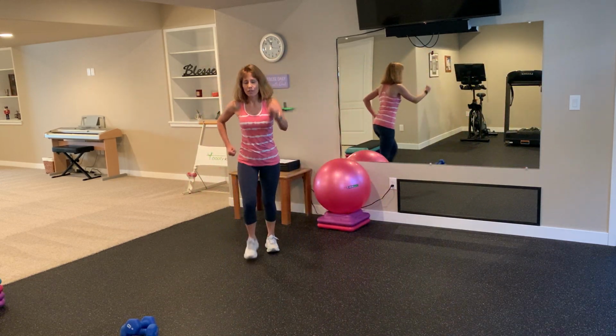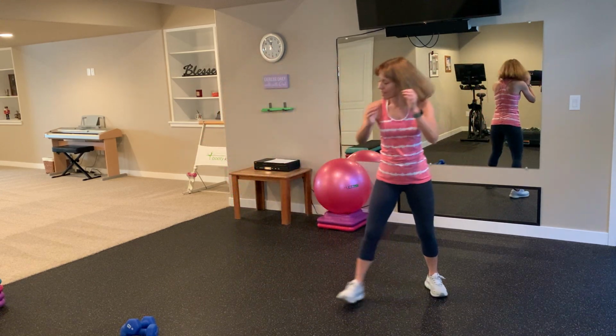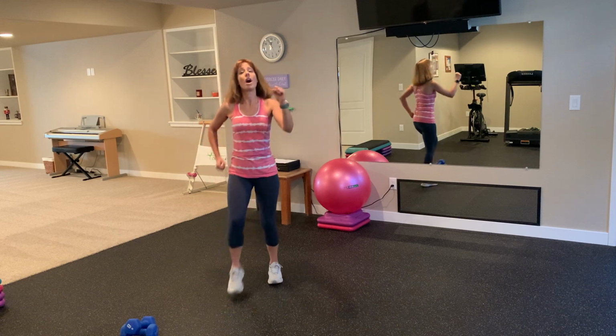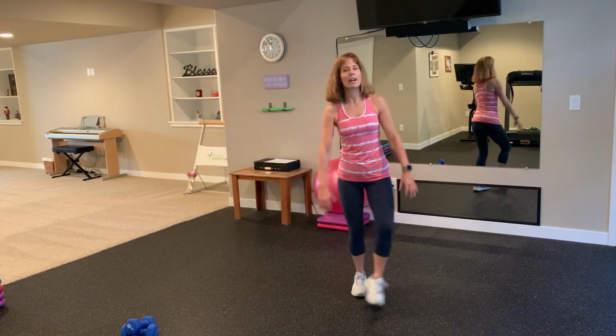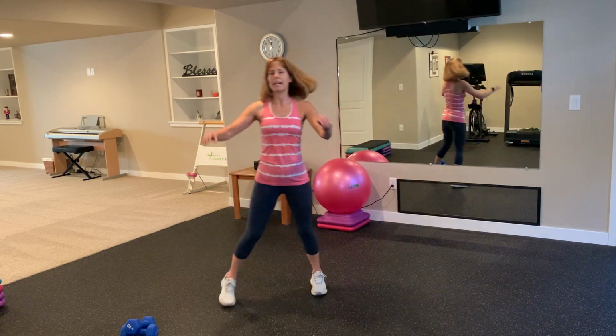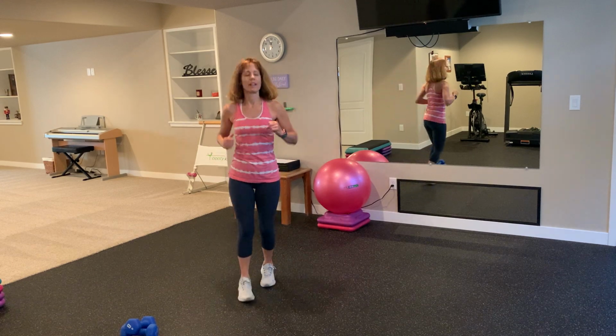Do that again. Forward, to your right first, then your left, walk it back. Again. Hopefully it's feeling a little more comfortable. Back it up. One more set. Forward, grapevine,